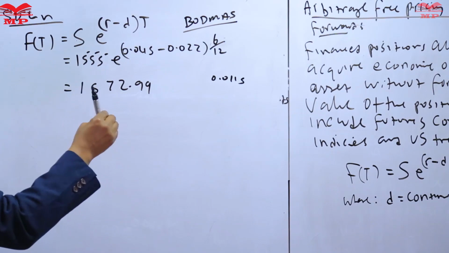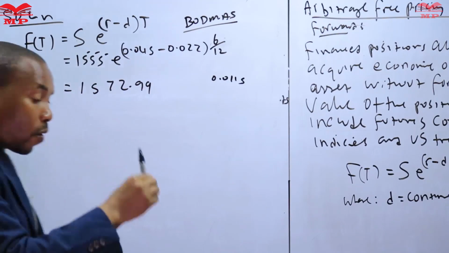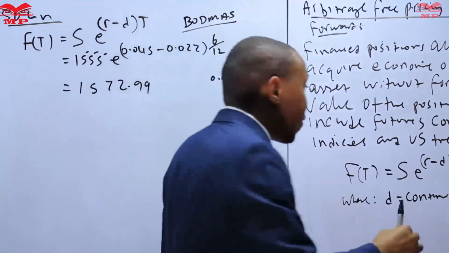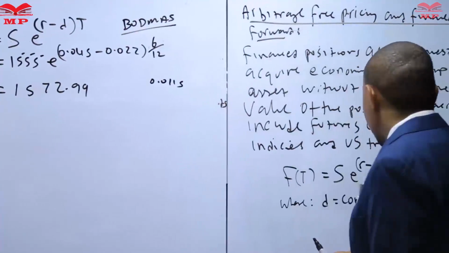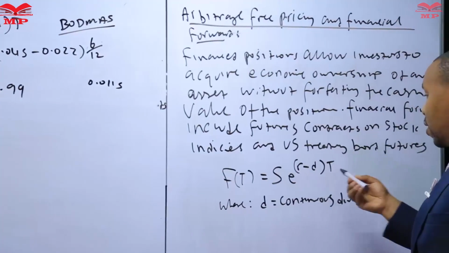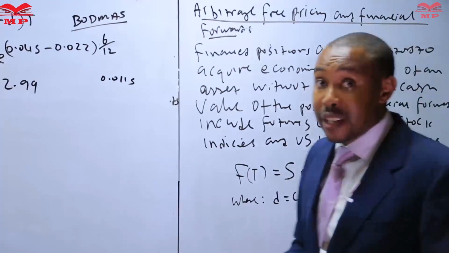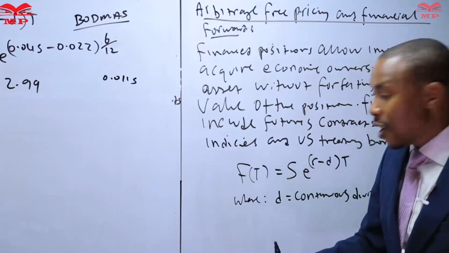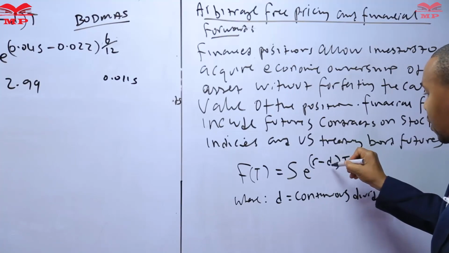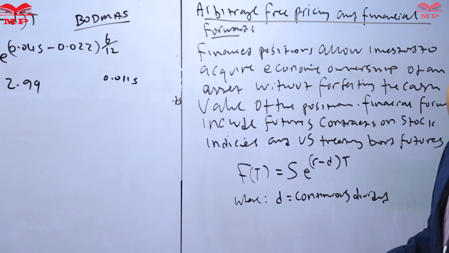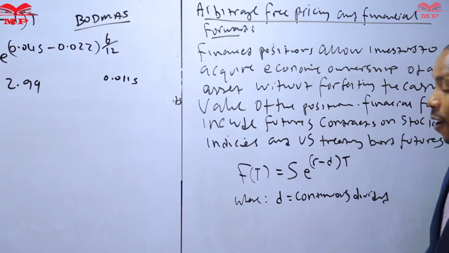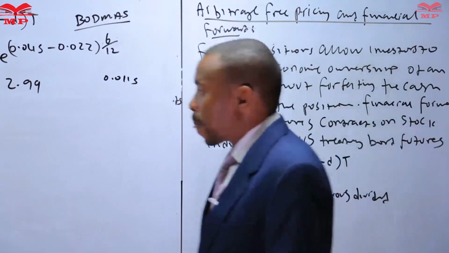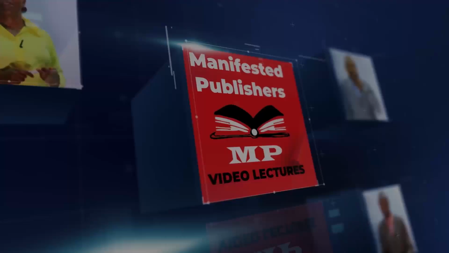Please note, the financial forwards have a component of dividends there. If it's a treasury bond, it may not have dividends. It could be some form of return on investment or the interest rate. Please slot in that interest rate over here, converted into decimals, so that you can get the forward price. Now, having looked at that,